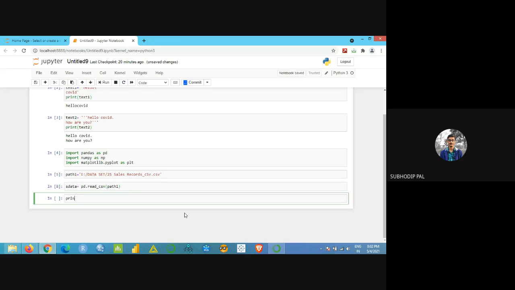So I'll write print. I want to get the first five data points from my data set. So print is data, that is the name of my data file. Print is data dot head bracket. This is called open and close parenthesis, if you know in coding terms. I'm not writing anything inside the first bracket, open and close, right? So this is known as open and close parenthesis. And after that, again, the main bracket should be closed. And now press shift and enter.